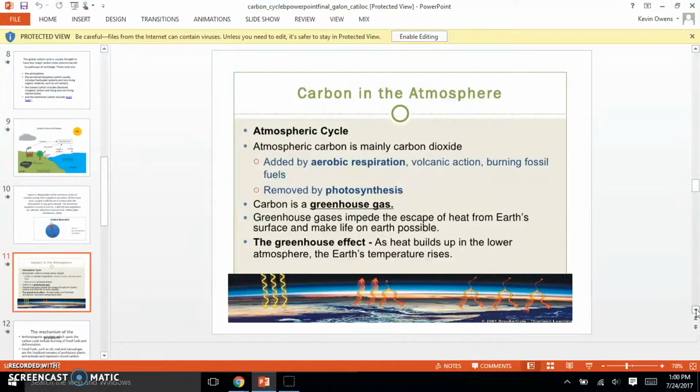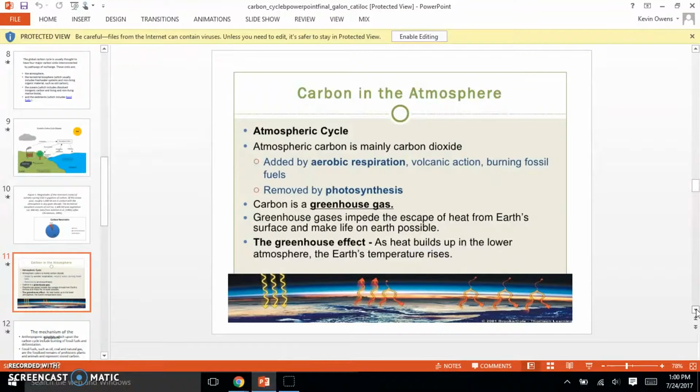The atmospheric cycle. Atmospheric carbon is mainly carbon dioxide, which is CO2, aided by aerobic respiration, which is us breathing, animals breathing, volcanic action, and burning fossil fuels. And then this CO2 is removed by photosynthesis. It's also removed by a lot of plankton and stuff. People don't realize that a lot of those in the ocean actually take in CO2 and release oxygen